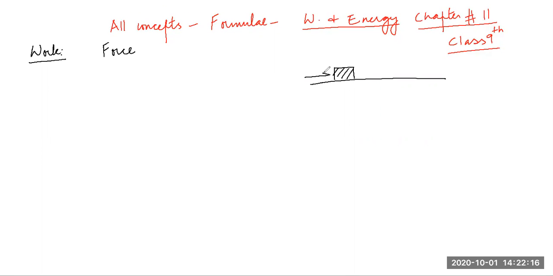I apply force on a book, F. As a result of the force, the book is displaced by a distance of, let's say, S. So after some time, the book comes here as a result of this force. So I say work is done, and work done is equal to force F multiplied by displacement